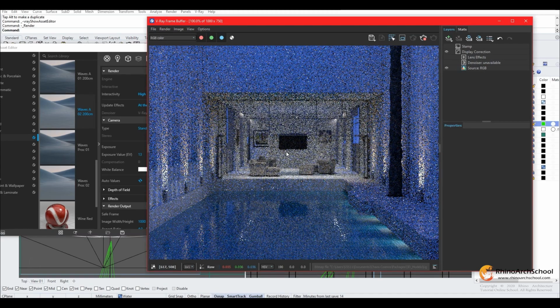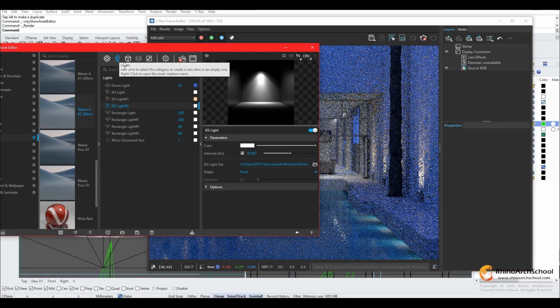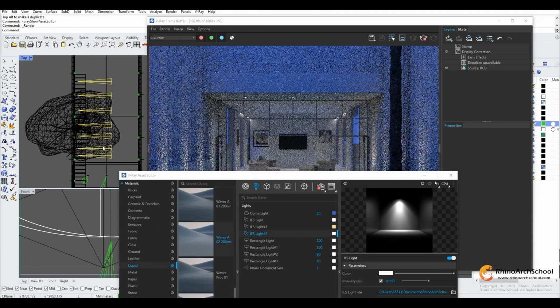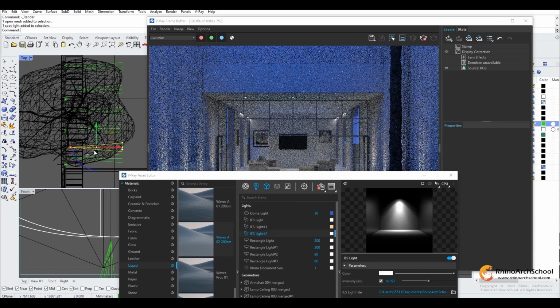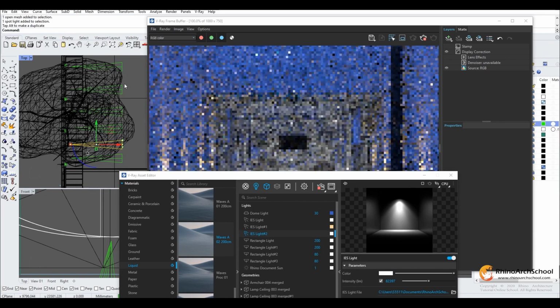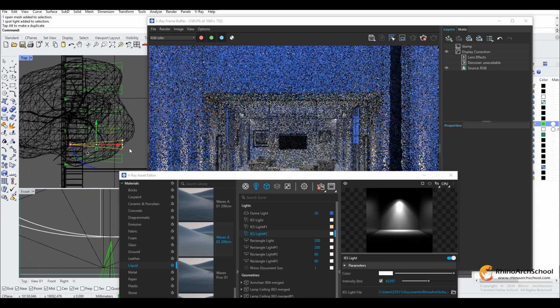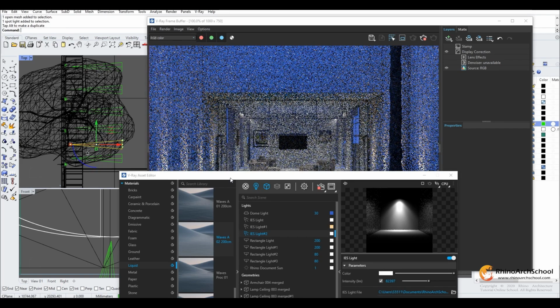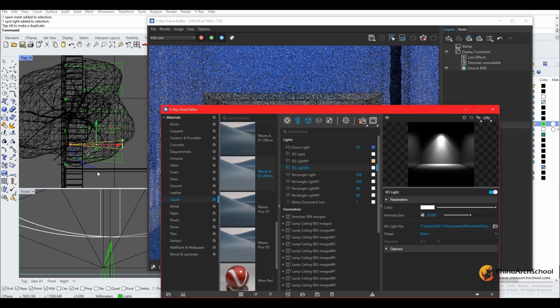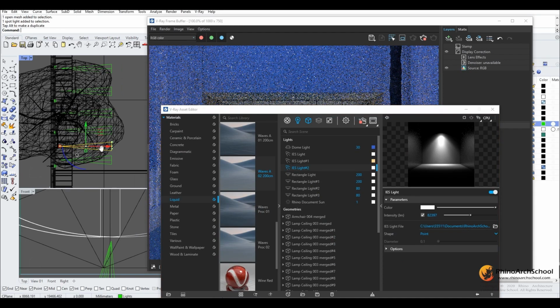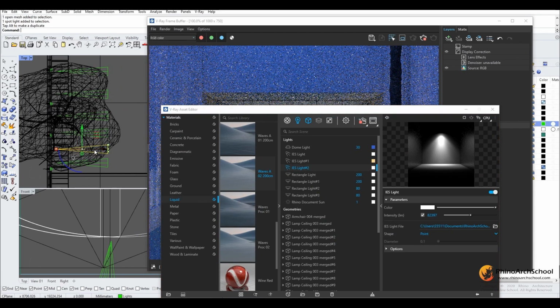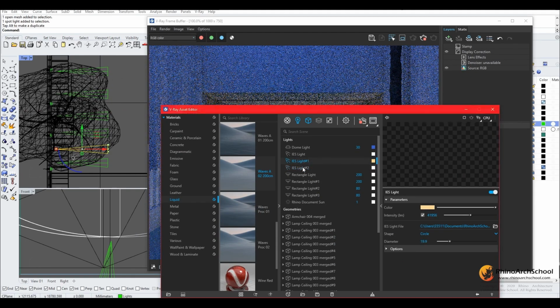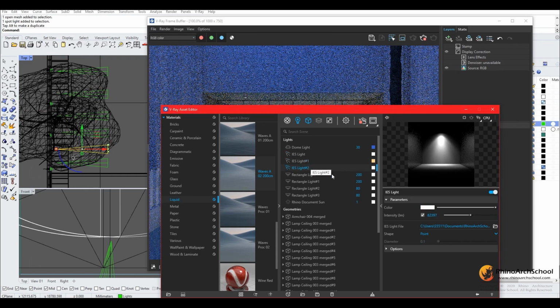They seem to be a little bit weak. So we see we have them grouped. Because if you want them to have the same settings for each light, you hold down Alt and then drag, and that'll keep both of the lights with the same settings. But if you want to copy and paste it with new settings, so it creates a new layer under the lights tab, you press Control C and Control V, and it'll turn the light into a new instance by itself. So now we can select all of these